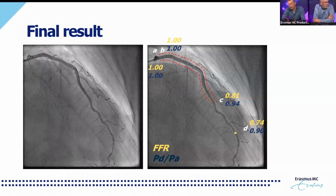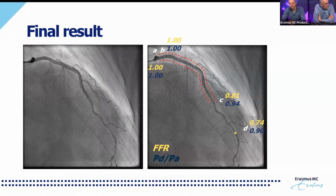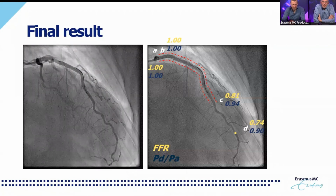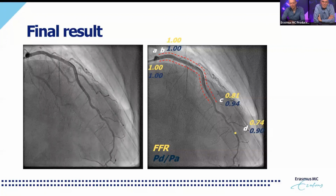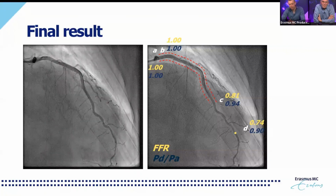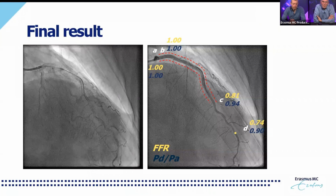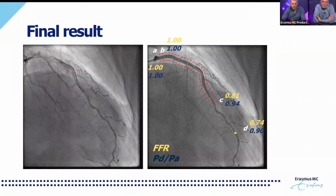That is a strategy that you could pursue, and is a strategy that makes a lot of sense if you have a vessel with an FFR or iFR of, let's say, 0.88 with a gradual increase, and at some point you have a really focal spot in which you identify a step up of 0.05 or 0.08 or whatsoever gradient you want to use. I think for FFR, 0.05 is a gradient that has been, let's say,